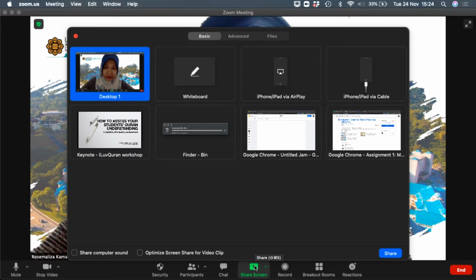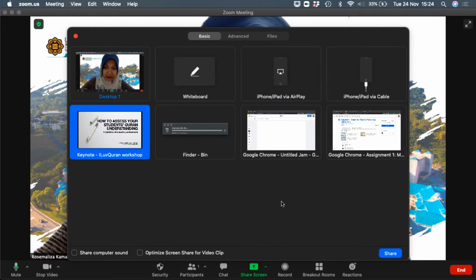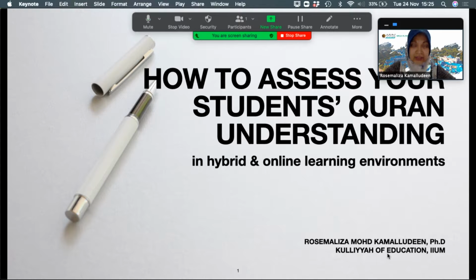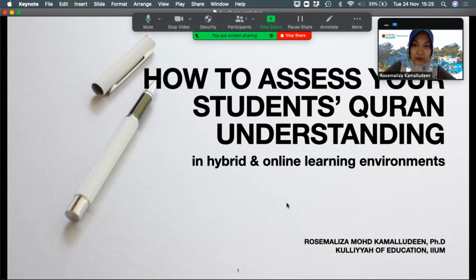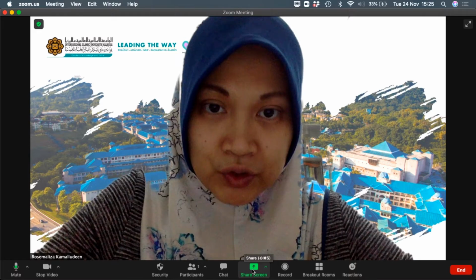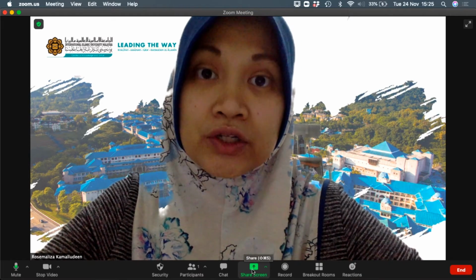Click that one, and for example, if you want to share a presentation on your computer, you just choose that one. Okay, and then click share, and voila, in Zoom you are already sharing your screen so your participants can see your slide. Okay, and one more, I would like to show you how you can share the Google Jamboard